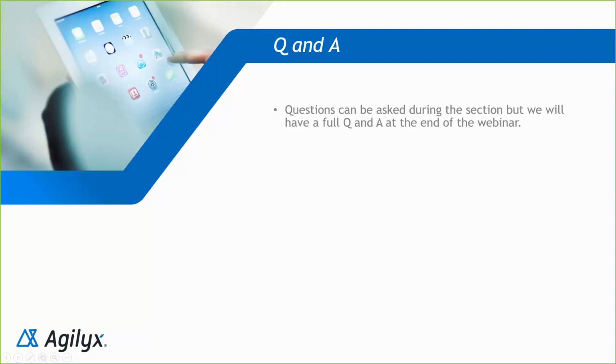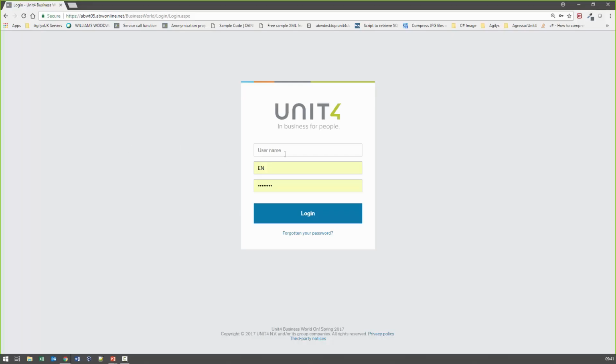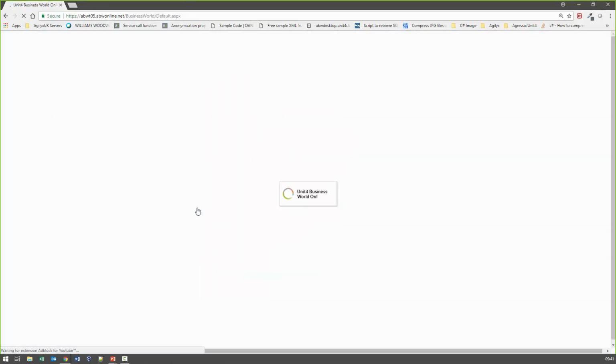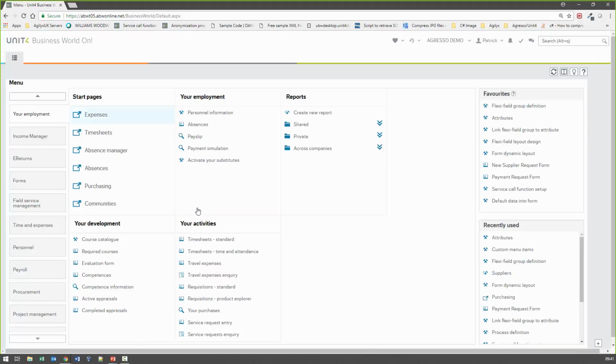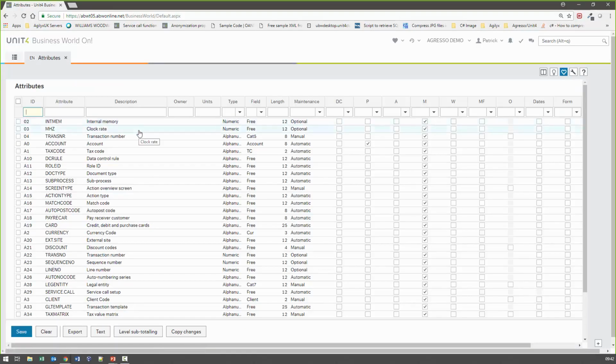So yeah, let's jump into Aggresso, sorry, Unit4 Business World, and let's log in, and I'll take you through the steps. So again, you can see here I'm using the web interface, purely because, as I said before, Unit4 are pushing their application to be web-based, so we may as well start showing the new functions in the web. The first thing I'll show, and we'll start from the bottom up, is an attribute I've already created. So we look at attributes, and if I look at one I've done already,